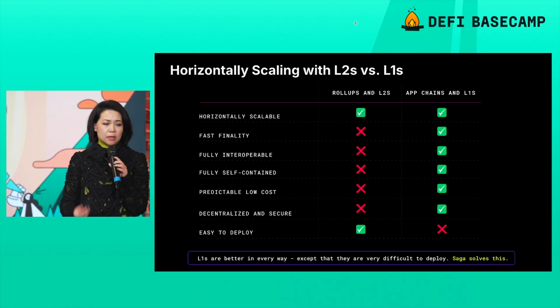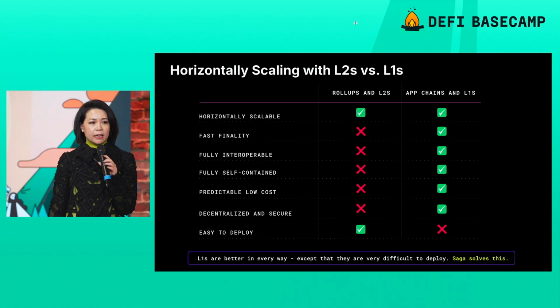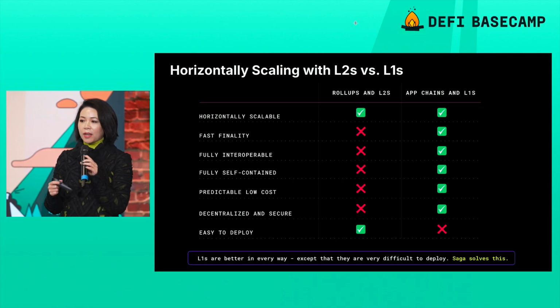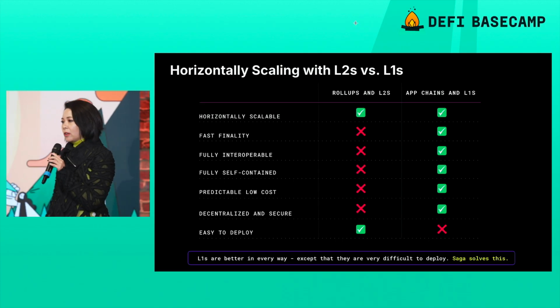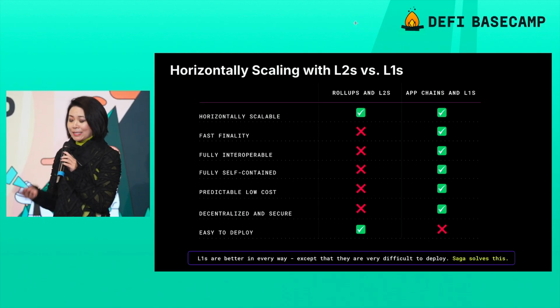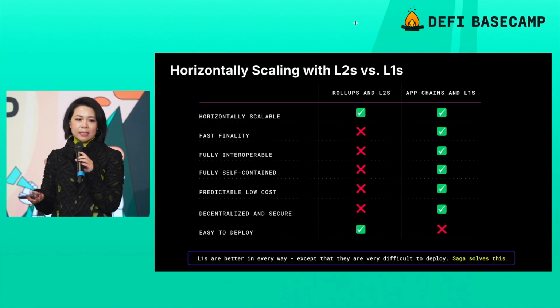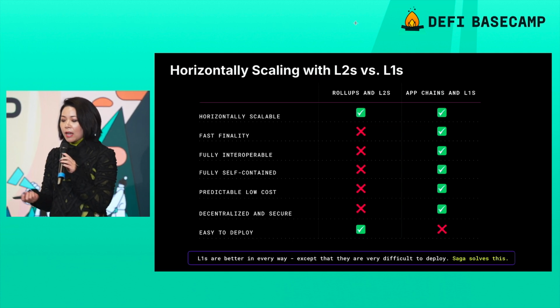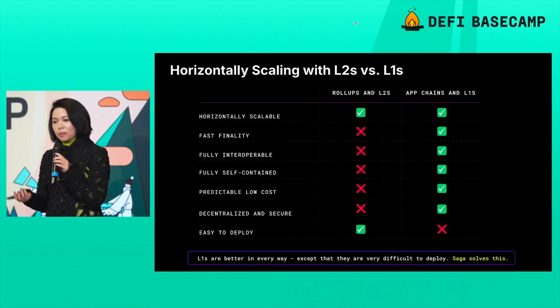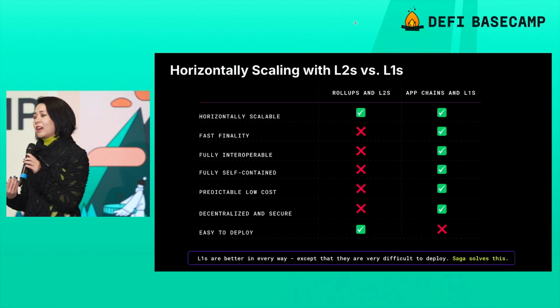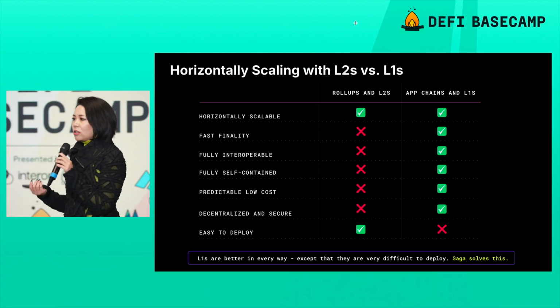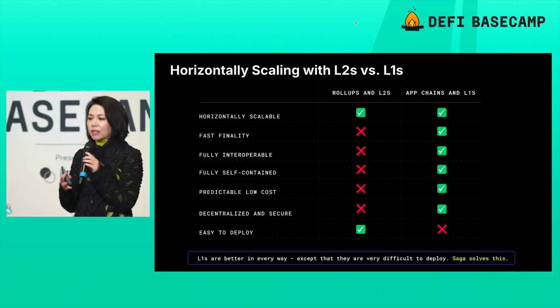So for some people, that's totally fine because you want the privilege of being on that rollup or that particular L2. But obviously for higher volume or higher traffic applications, this is not tenable. Whereas with app chains and L1s, you do get that fast finality. Is it fully interoperable? No, this is one of the big problems of rollups and L2s. This is why we talk so much about liquidity fragmentation. It is because when you have a rollup and L2 architecture, everything is fragmented.